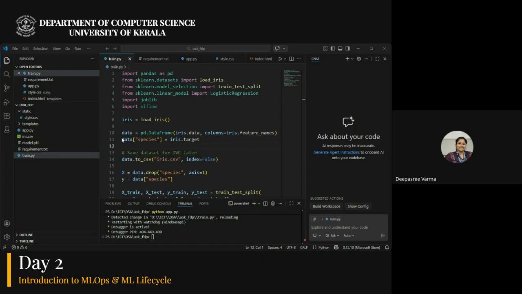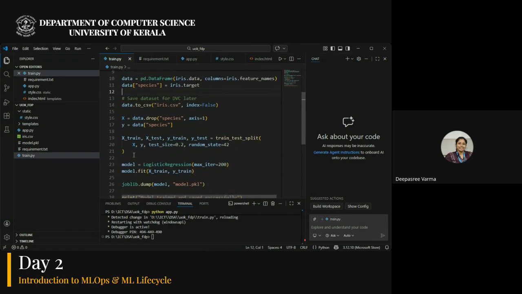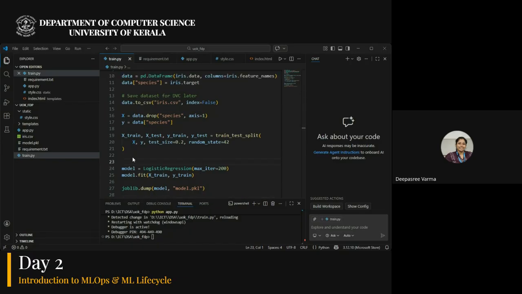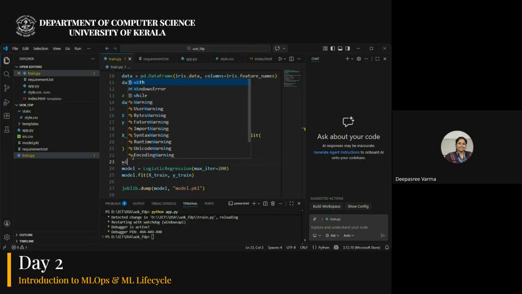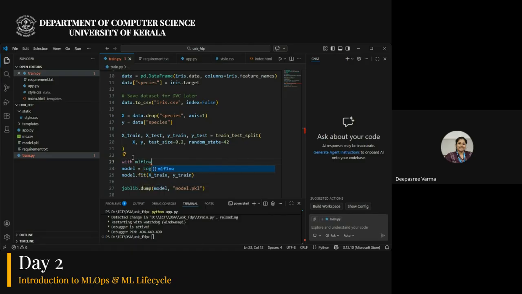Now I want to add a line of code here. At the place where I'm going to fit the model, I'll say with mlflow.start_run.